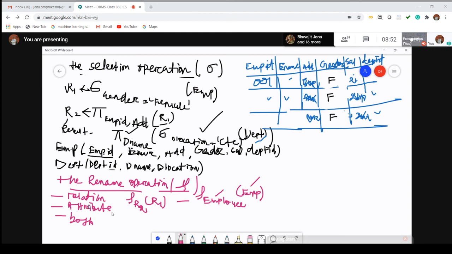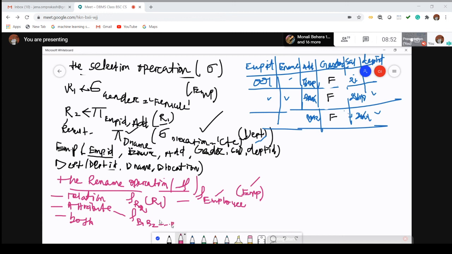Second, how to rename the attribute. If we rename the attributes, you can write it like this: rename. Suppose I have to rename B1, B2 up to Bn.